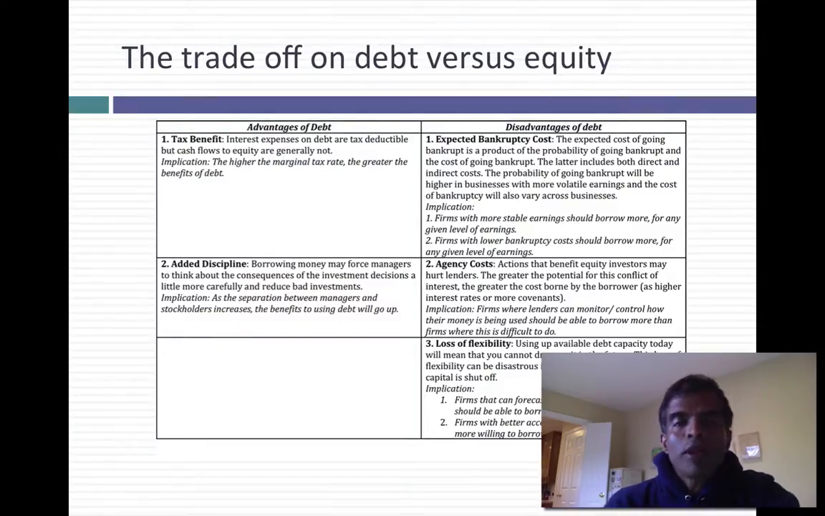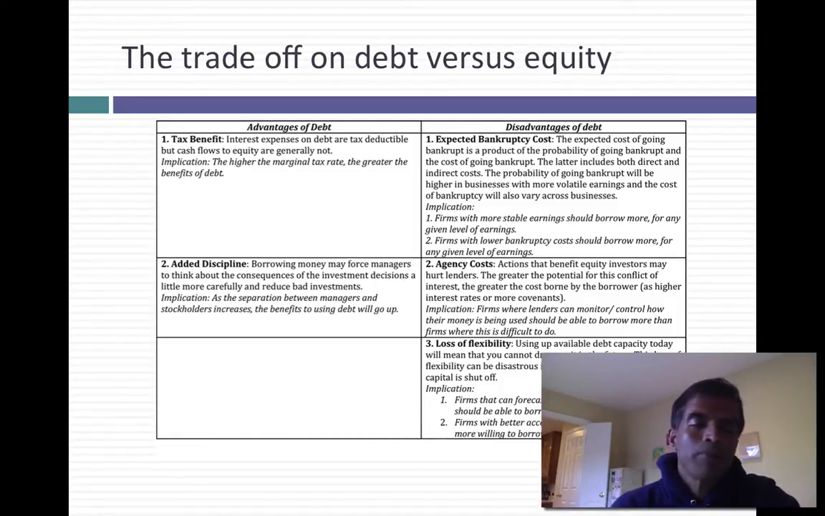So let me start by setting the table. The trade-off on debt versus equity is a very simple one. When you borrow money, you get two big advantages. The first, of course, is a tax advantage. In most countries, interest is tax deductible. Cash flows to equity, on the other hand, are only partially tax deductible or not tax deductible at all. So other things remaining equal, the higher your tax rate, the greater the tax benefit to debt. That's true pretty much in most developed markets, and it's more true in some markets than others, but it remains